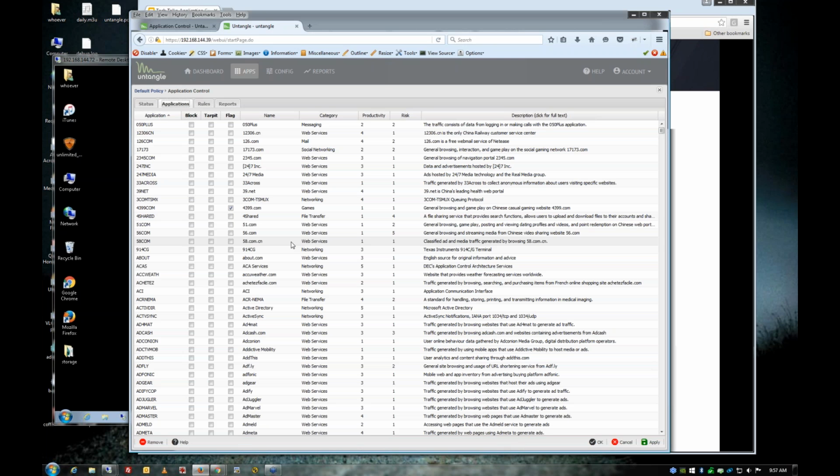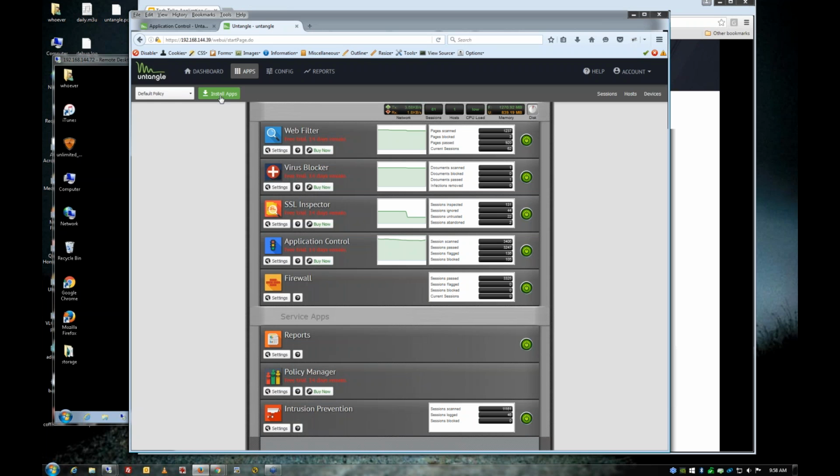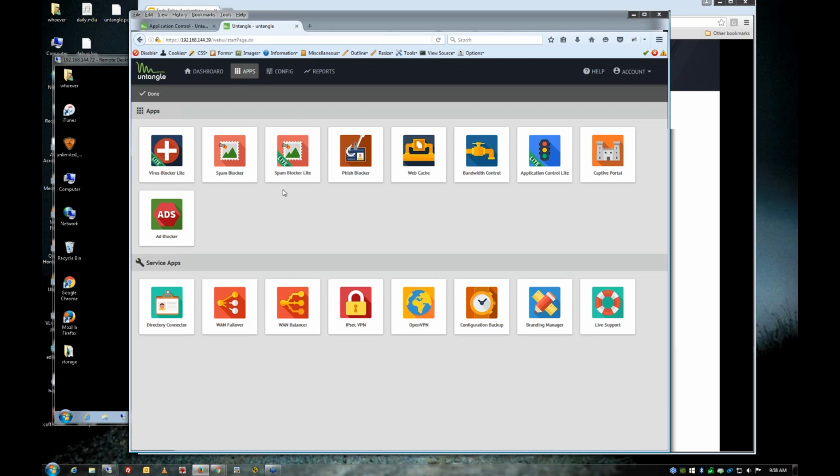Hey, John. There was one question about the difference between application control and application control Lite. Can you elaborate a little bit on that? Sure. So the ideas behind them are almost identical. The key difference is with the paid version of application control, you get a huge library of known patterns that are rigorously tested. They're constantly updated and going through. So if we look at application Lite,